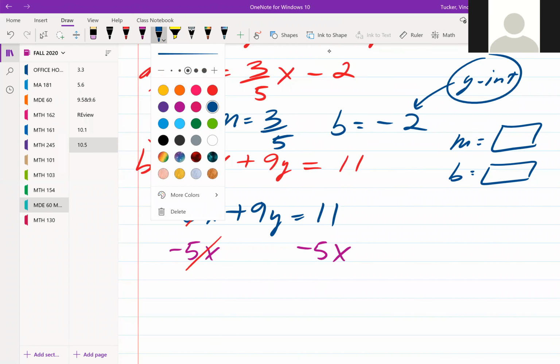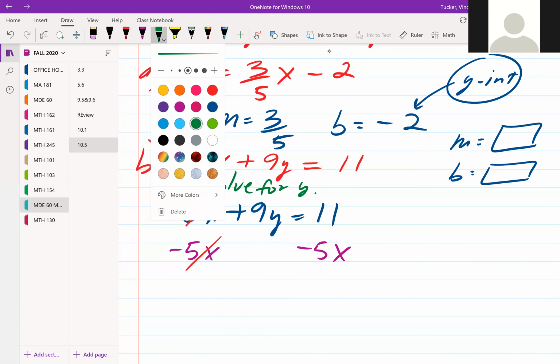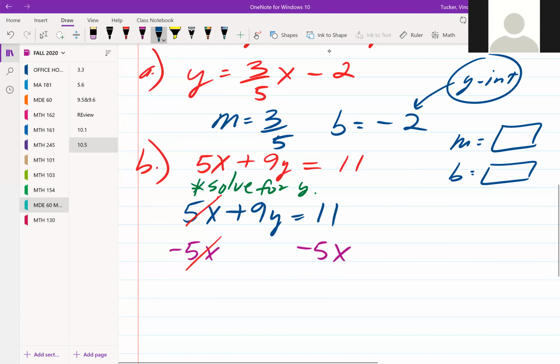Let me write this. All right, so looking at B, in order to pick out the slope and the y-intercept, we have to solve the equation for y. So we're subtracting 5x from both sides. And that'll be